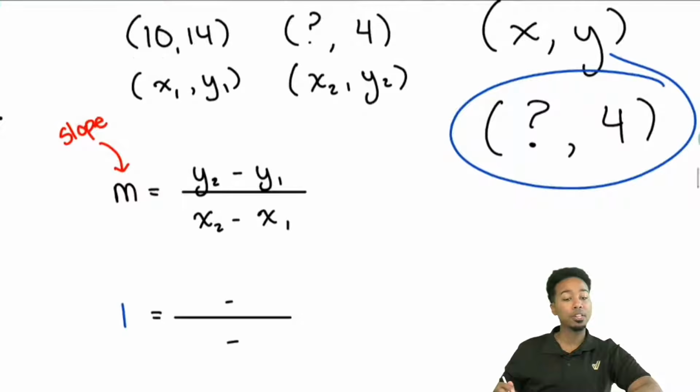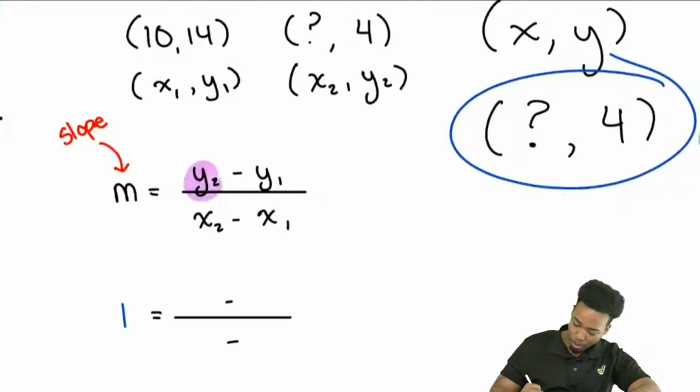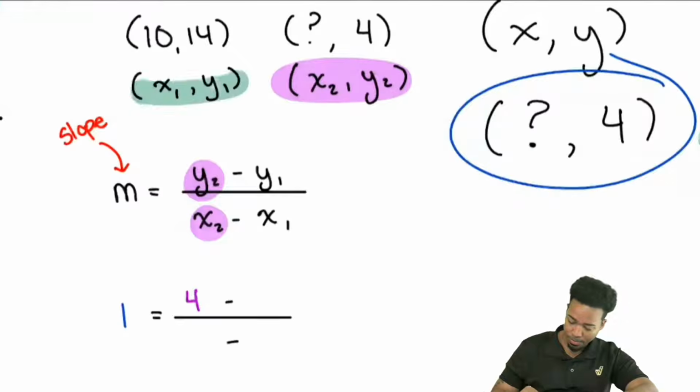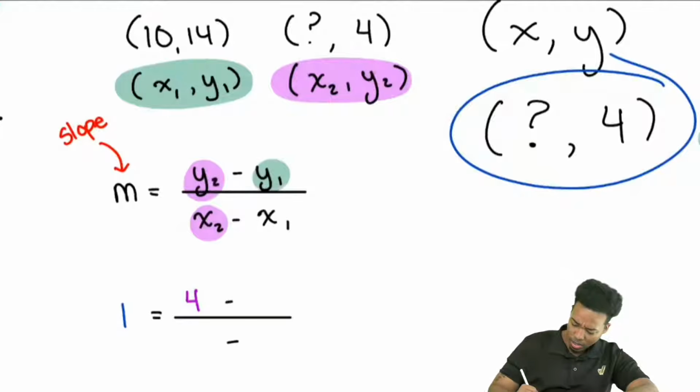Everyone, what number am I filling in for y2? Right, we'll go ahead and put that 4. I'll go ahead and just, again, mark y2 and x2 right here. So I'll go ahead and put, hey, we have 4 right there. And what will I go ahead and put for y1? 14. Sounds good. So I'll go ahead and mark that with green right over here. And sure, yep, that'll be 14.